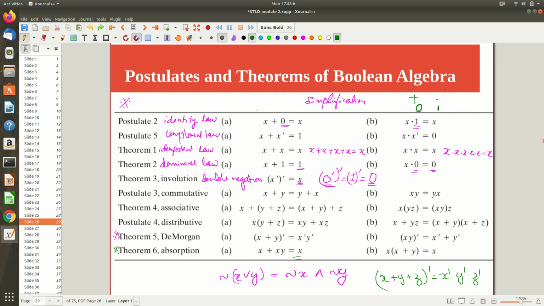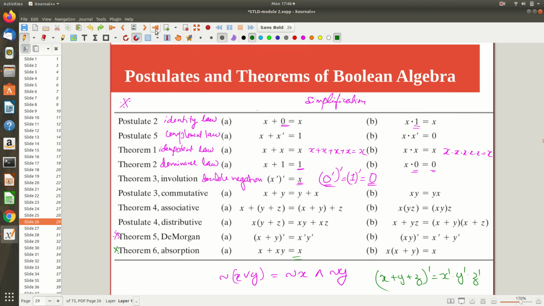Accordingly, what we are getting is this: on the left side I have an expression. From that expression, I am getting another valid expression on the right side by changing plus to dot and dot to plus, and also by changing 0 to 1 and 1 to 0. Just do the opposite. And the other side expression is what we call a dual. So keep this in mind. Let me write neatly. Okay, so we will see that.